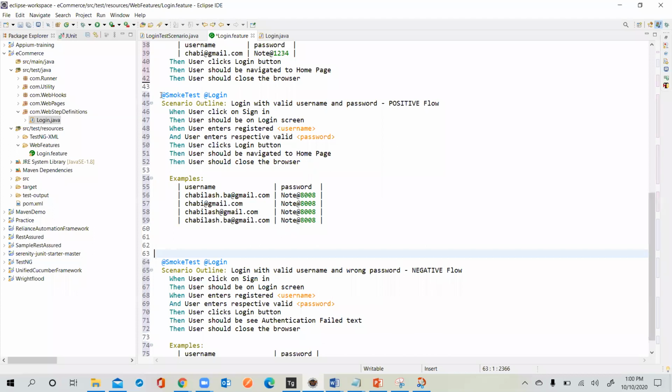Rather than writing these 10 lines, what I'll try to do is: navigate to the URL, enter the credentials, then go to the home page and verify. Two lines, whether it was done or not. So this is imperative style. Declarative style is nothing but writing everything in detail. And for automation, this is the most important thing. When you are writing your feature files, you should write it in an imperative way, not in a declarative way.